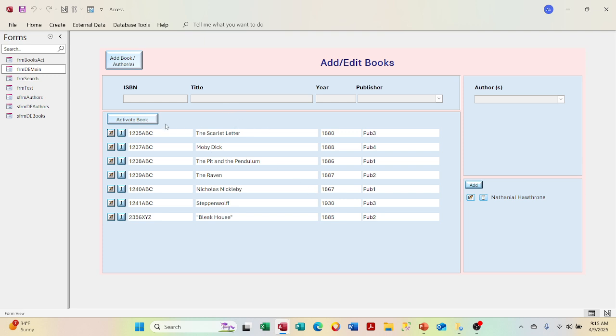So the Scarlet Letter is Hawthorne and so on. Right. So we were able to do that,